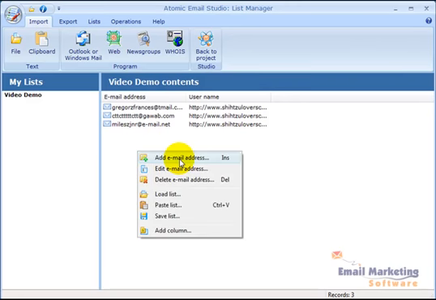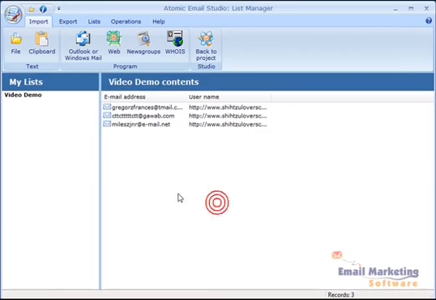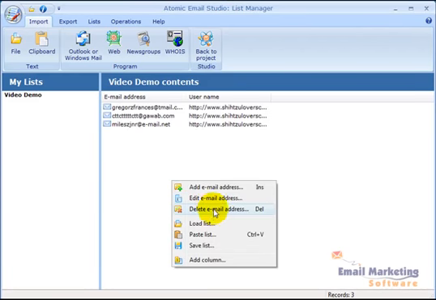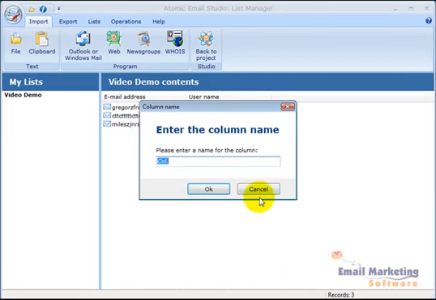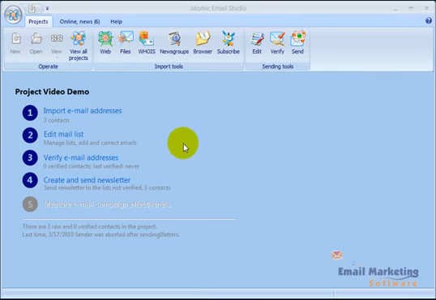I'm going to right click on this. I can click Add Email Address and manually add in email addresses if I want. I can edit the email addresses, delete them. I can load a list from a local file, paste the list from the clipboard, and save list. And I can add columns like name, address, any kind of column that I want, if you have any of that information you want to collect. Again, I can also pull in from Outlook, the web, news group, and Whois from up here. And so I'm going to go back to project, and now I've got my mail list,